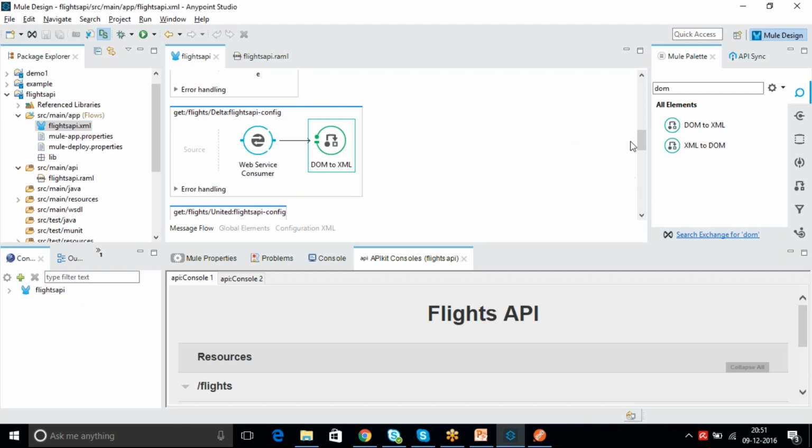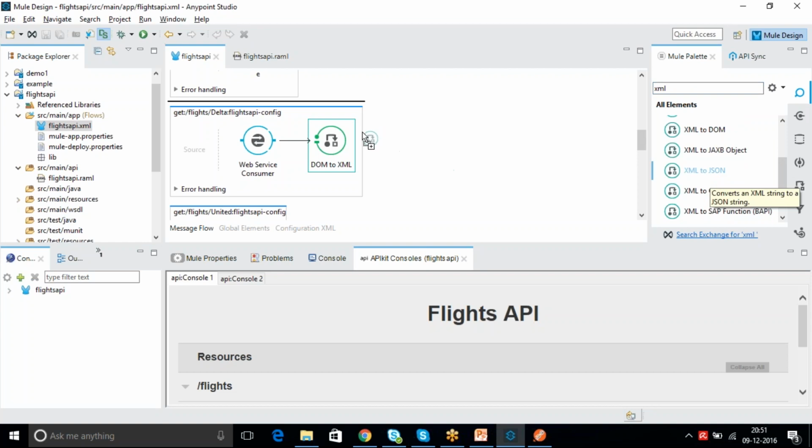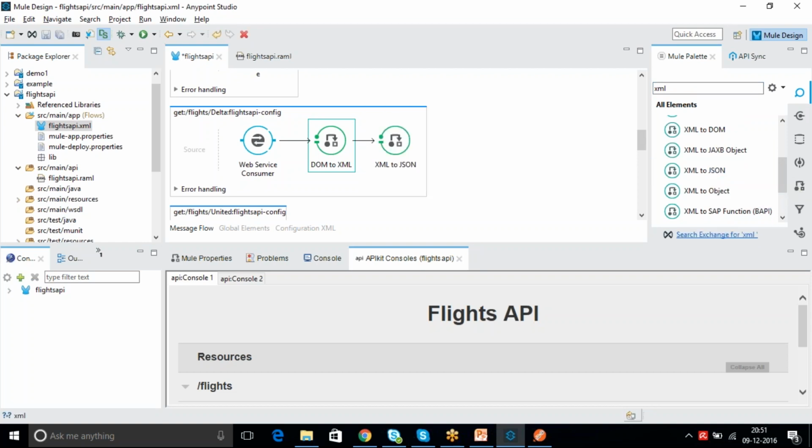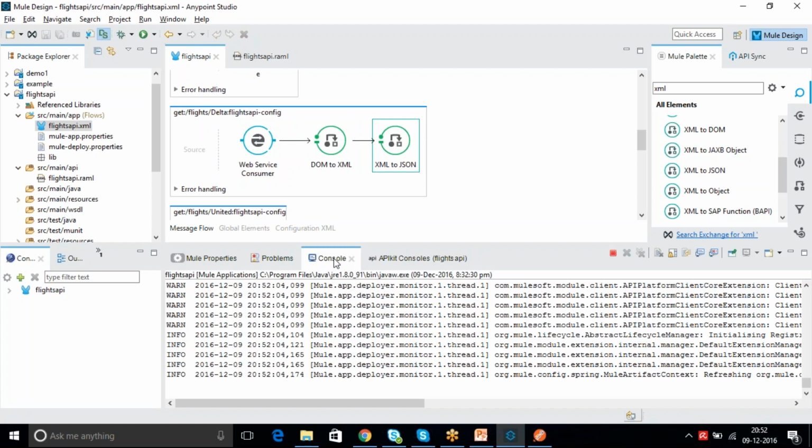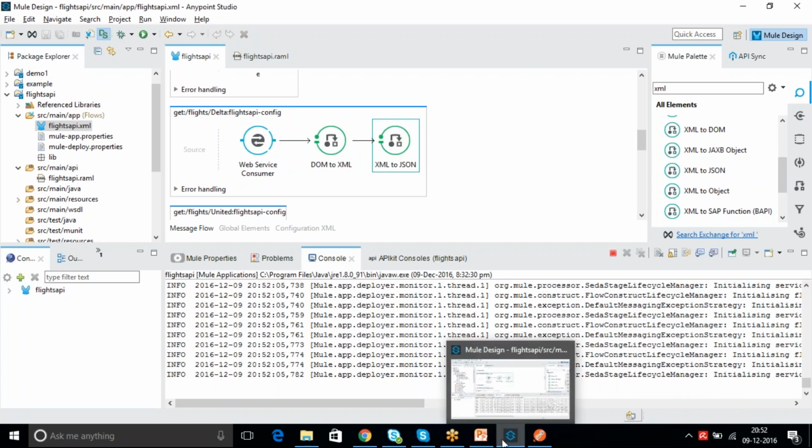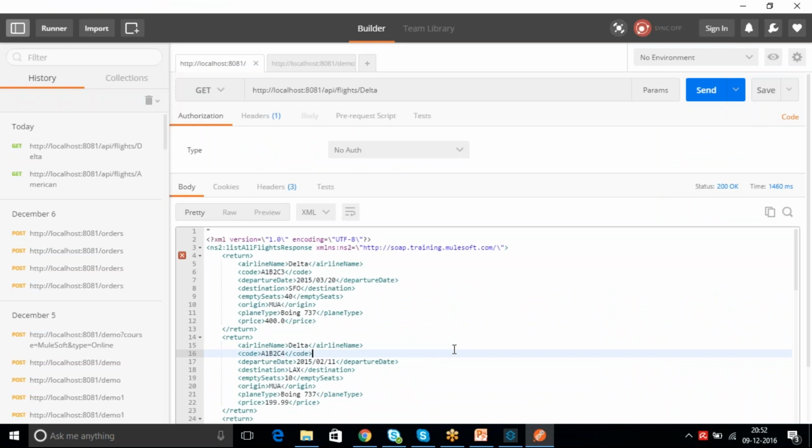So you can also do XML to JSON. These are the different kinds of transformers. Now you got the response as XML, but if you want to see it as JSON, convert that XML format to JSON.